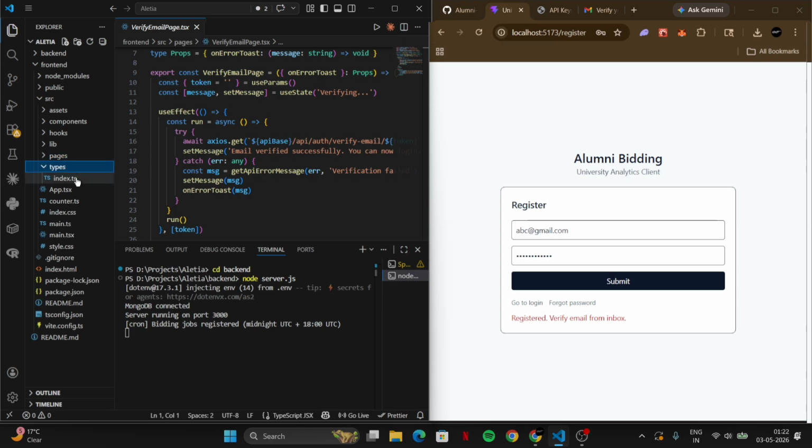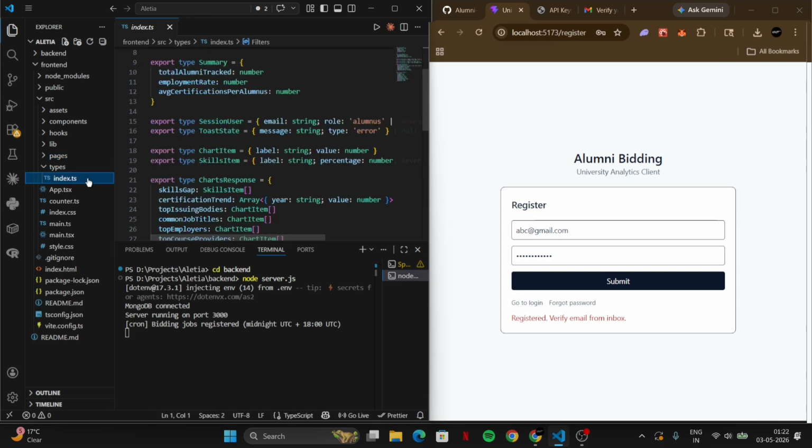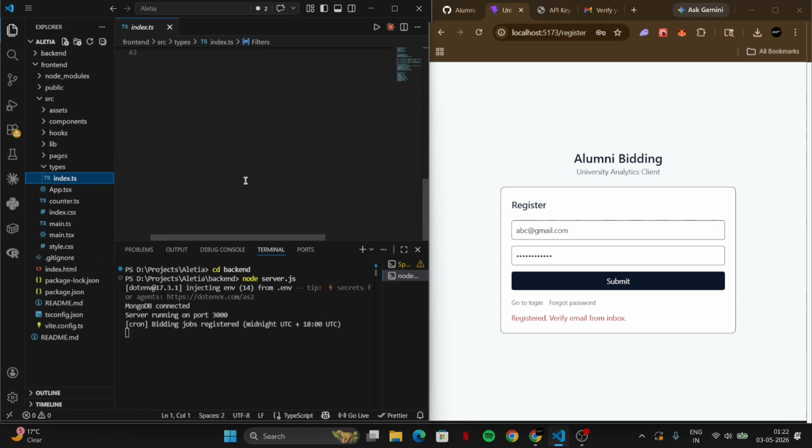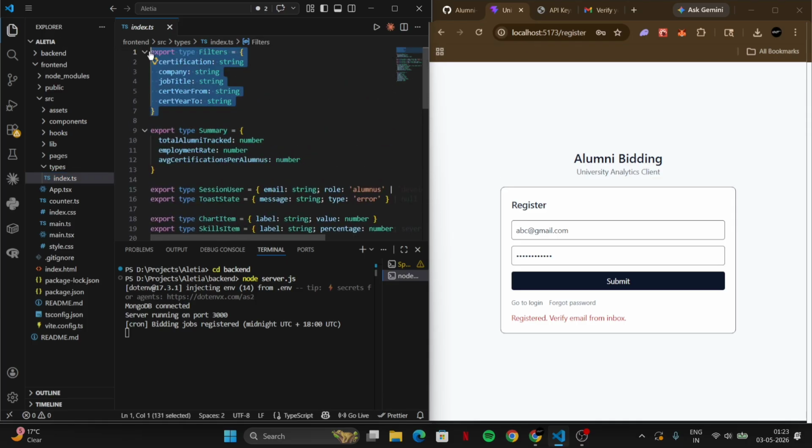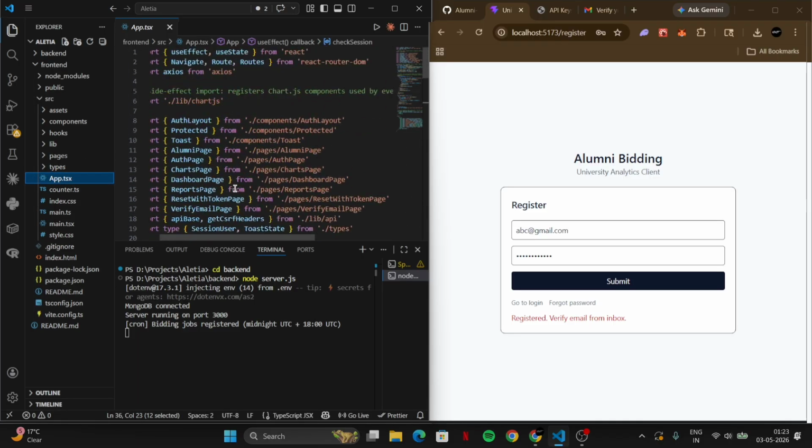If you click on types, these are the types of the TypeScript in one place, in one file. I usually use the index.ts file to store all the types of the TypeScript at one place. So these are the types, type.tsx and app.tsx. This is the main file